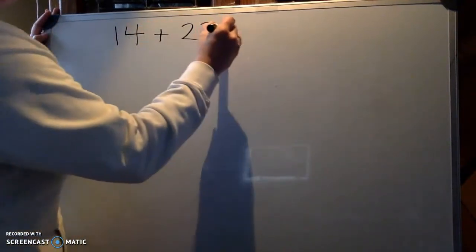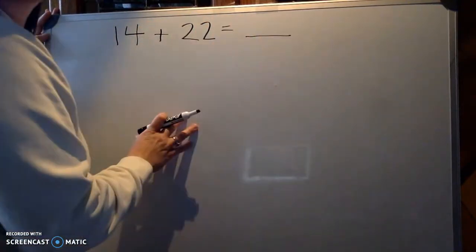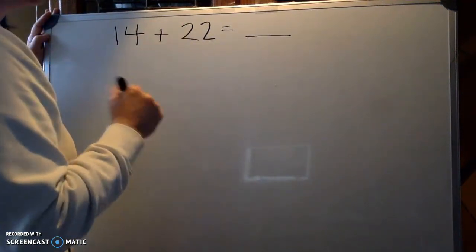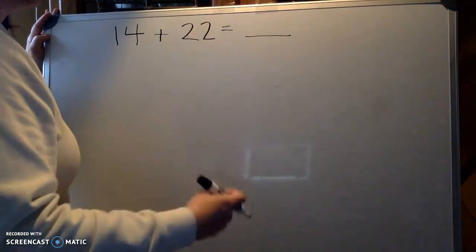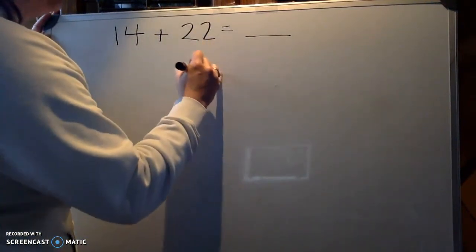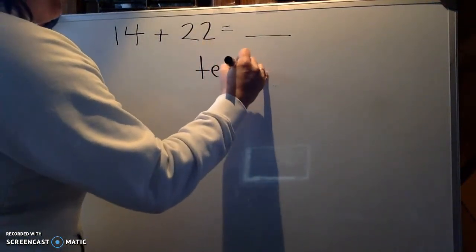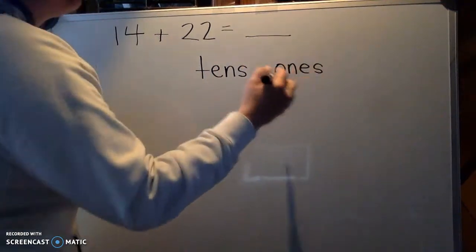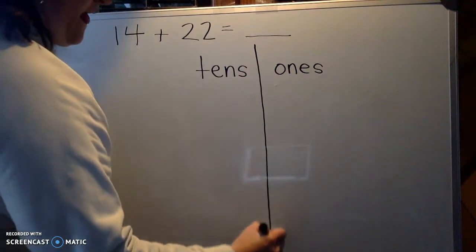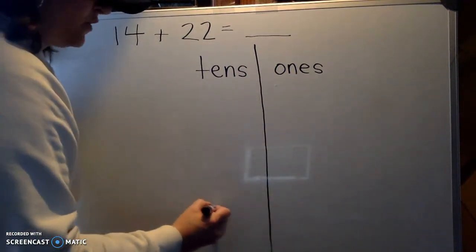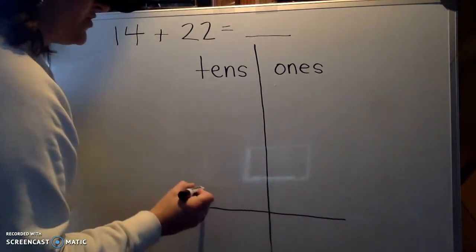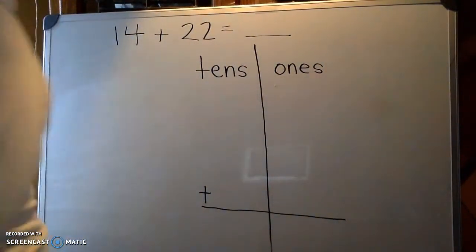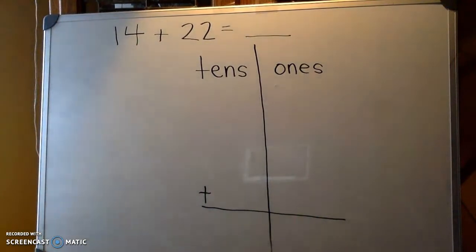I'm going to be nice and organized when I go to add. Sometimes we can add going horizontally like this across, and then at other times, it's much easier to put our numbers vertically in columns. So I'm going to put my tens and my ones column. And I'm going to make a nice equals line like Mrs. Wolf talked about yesterday, and my plus. Now I'm going to insert my numbers. So I'm going to put